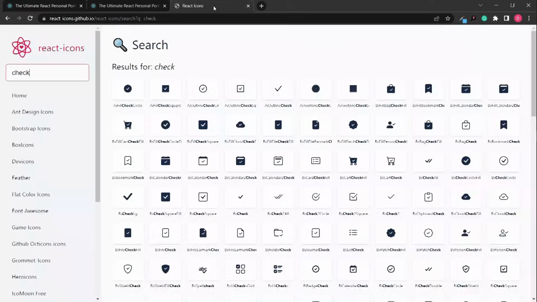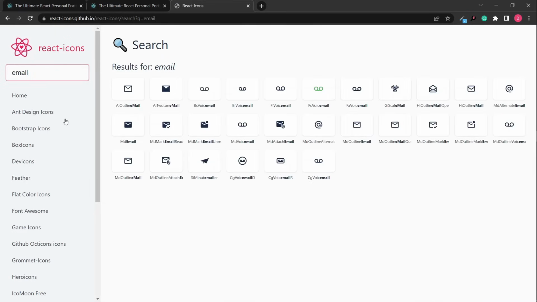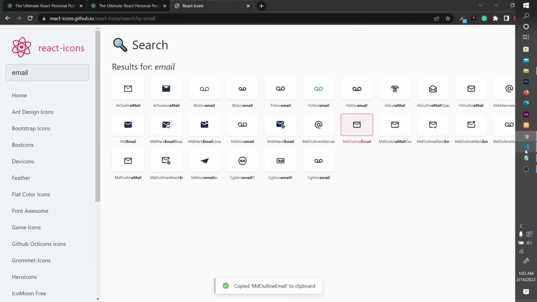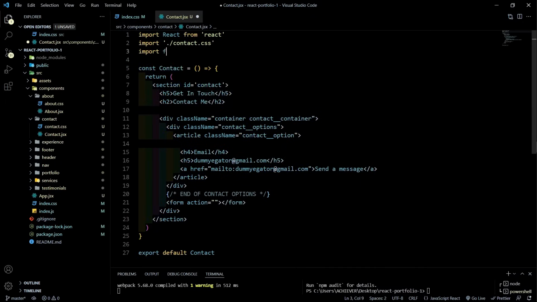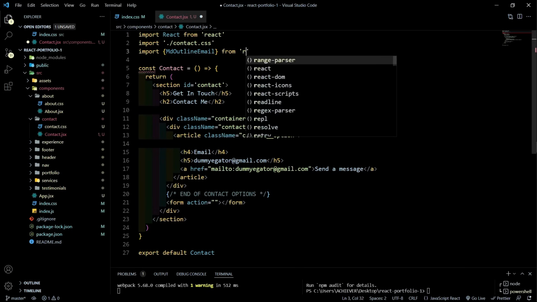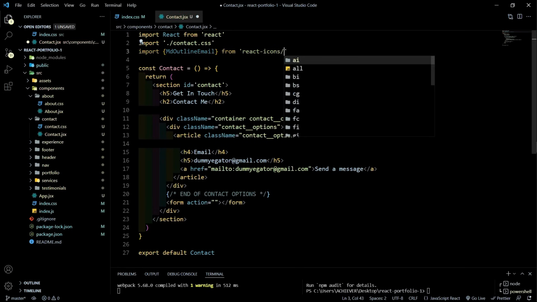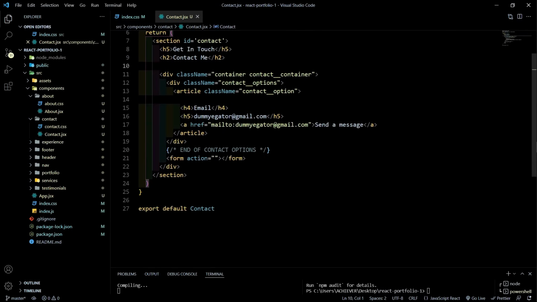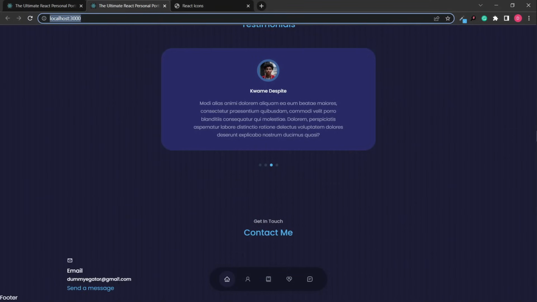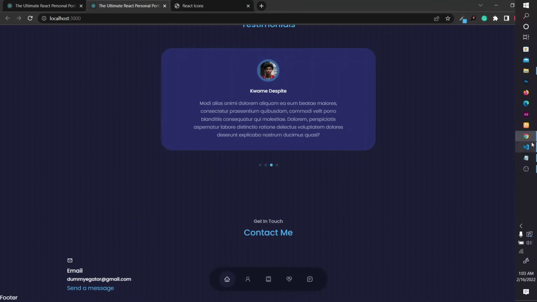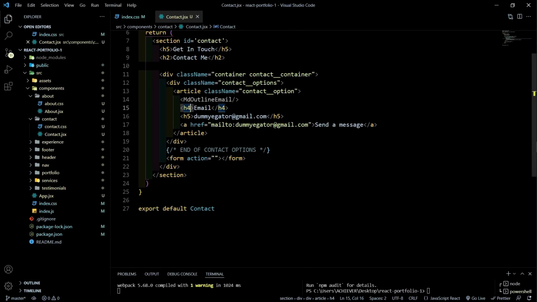So let's go back to the React icons library here, and this is going to be email. Let's use this one, so let me just import that from the React icons library, and this MD. Okay, and I'm going to use that down here, self-closing tag. Let's save and see what we have in the project, and we have this. So that is one contact option. We are going to duplicate that